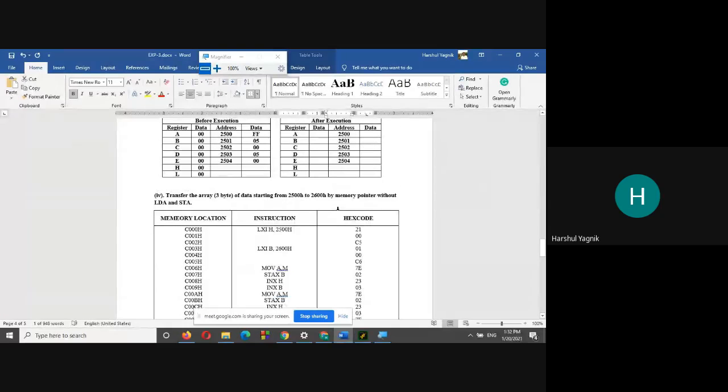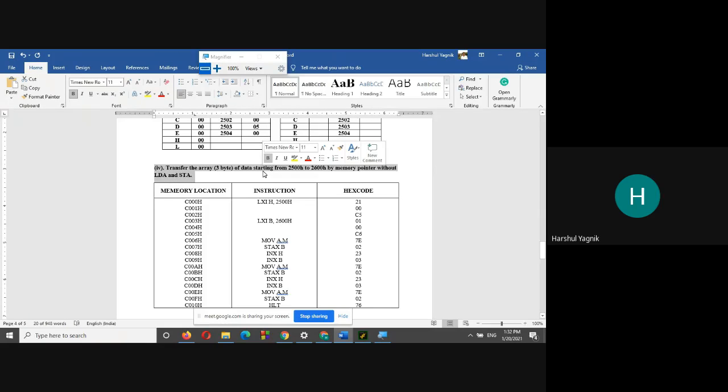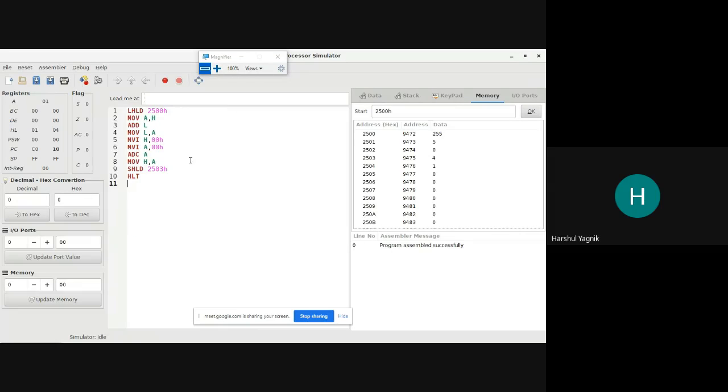Okay, but we do not have to use LDA instructions. So the definition directly says that we have to use an alternate way. If we cannot use the direct addressing mode, what can we do? We can use indirect addressing mode. So let us open GNU SIM. Okay. Reset all. First of all, let us feed some data at the memory location 2500.